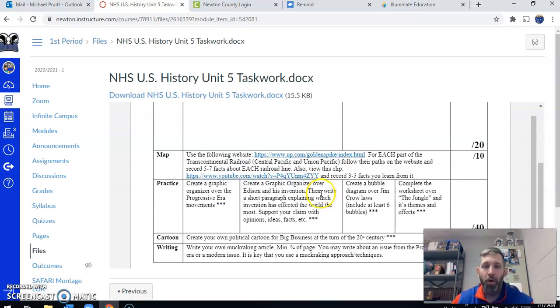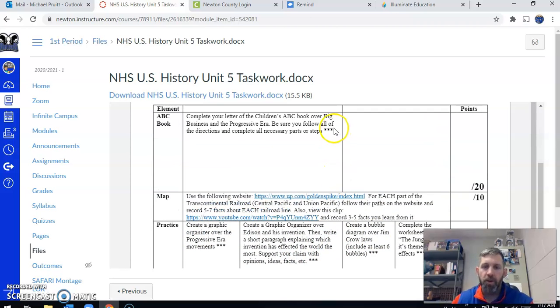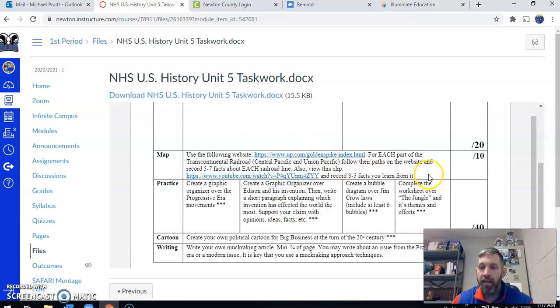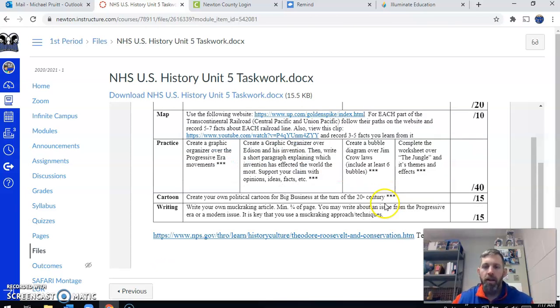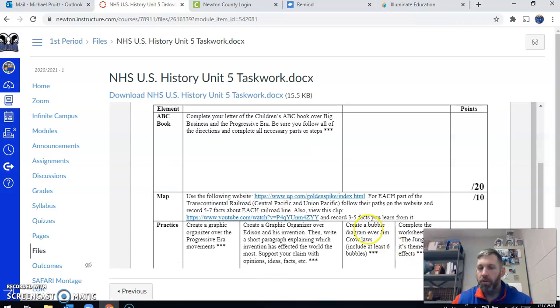Today, I just wanted to overview all of the things that are part of your task work. And guys, I don't know if you've noticed this: anytime there are these little asterisks after the instructions, that means we're doing it in class together. So I actually need to add it. Well, I can't add it now. It's too late. All of these assignments we're going to do in class together, or you're going to have in-class time to do them. So the muckraking article will take probably 2 days to do. So there's no reason why, at the end of Unit 5, task work isn't 100% completed, 100% turned in, and a very high grade achieved.